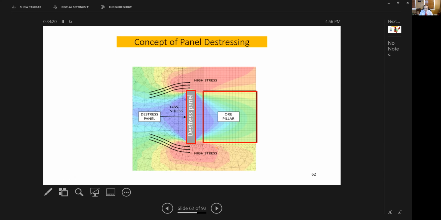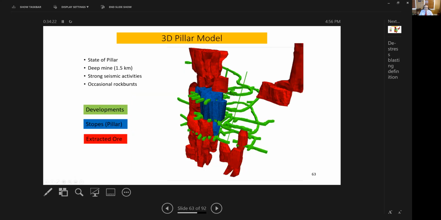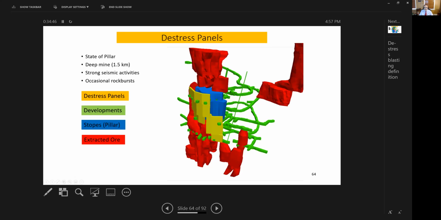So that's the concept. The case study is a complex scenario of an underground mine whereby the red zones are extracted, the green is mine developments, and the blue is the future stopes to be extracted. Strong seismic activities are observed, occasional rock bursts, and it's 1.5 kilometers deep. The yellow represents the distress panels that are planned to be implemented in the hanging wall of the ore